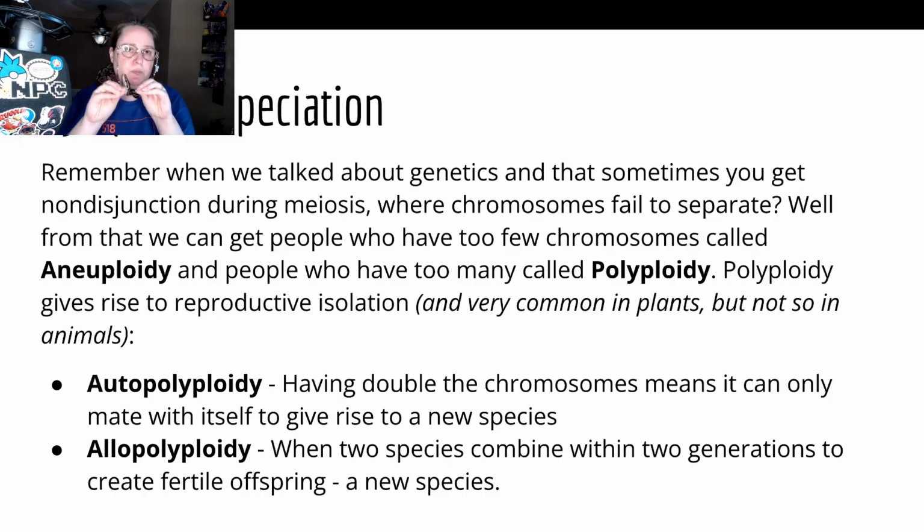However, this gives the basis where if you've got one polyploid creature and another polyploid creature of the same polyploidy, guess what? They could breed and make a new species. And that's reproductive isolation. It's very, very common in plants. This happens in plants a lot, and we've used it to actually make our own plants. But it's very rare in animals. We don't really do this with animals.